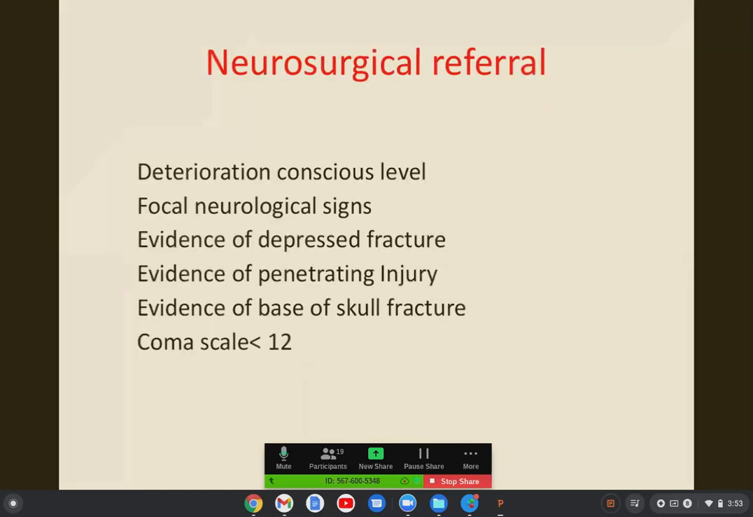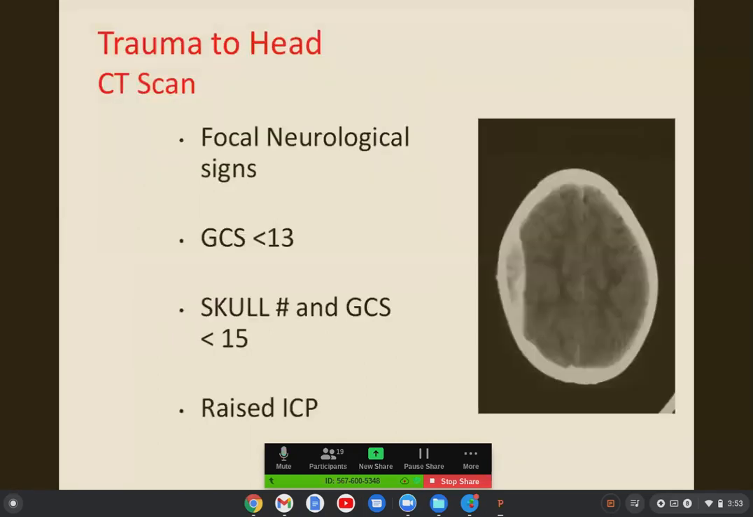When should you go for a neurosurgical referral? Whenever there is deterioration in consciousness level, focal neurological signs, evidence of a depressed fracture, evidence of penetrating injury, evidence of base of skull fracture, or a coma scale less than 12. When there is trauma to the head and the CT scan reveals a biconvex expanding lesion, it is an EDH. Then with focal neurological signs, GCS less than 13, skull fracture, and GCS less than 15 with raised ICP,